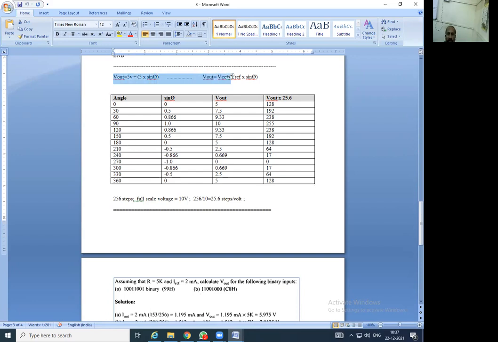So normally in sine wave generation, the formula being used is V out is equal to VCC plus V reference into sine of theta, because it is an analog wave. Sinusoidal wave means the angular distance is also very important, and that can be used in terms of the sine theta. So accordingly, you can observe the following table.